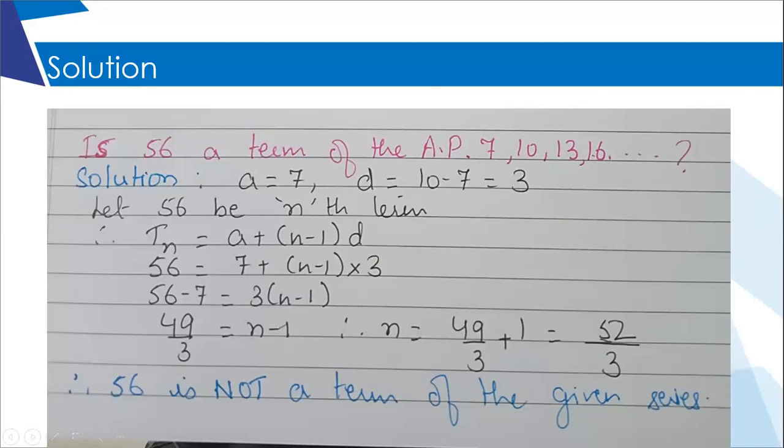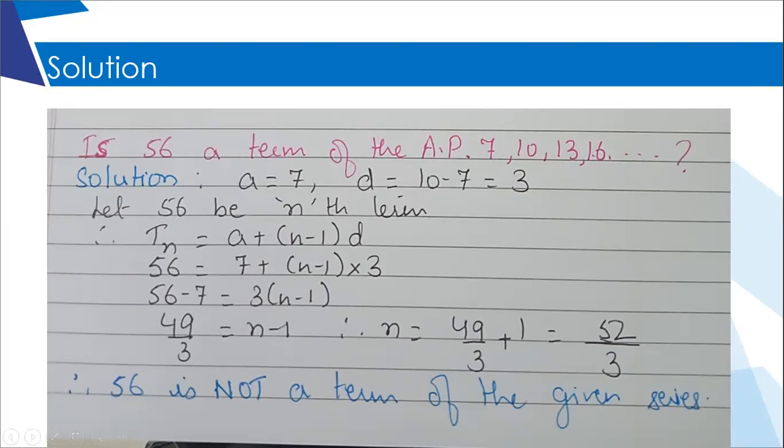Ma'am, we don't need the place. Here we're not taking the place, we're only taking the value. We're taking 56, the value of whatever nth term it is. If it is or if it is not, that doesn't matter. So we're taking the term minus the value of the first term, not the number of that term. But for every 16 minus 7 you are using the first term only; when you find the difference, we find the difference between consecutive terms and not any term from the first term.